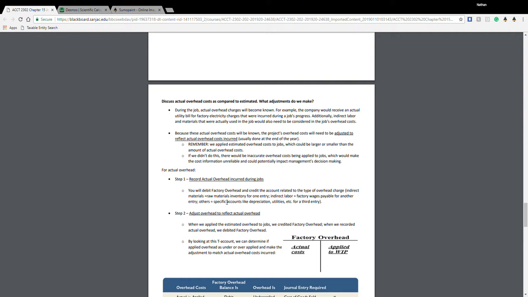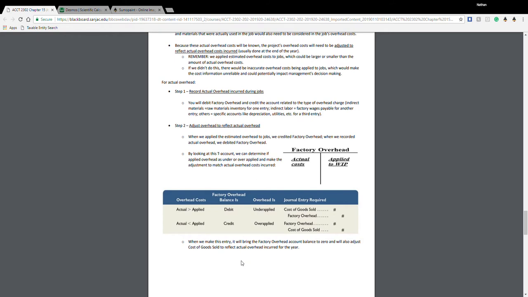Step 2 is we're going to actually adjust overhead to reflect actual overhead. So when we do this, we apply the estimated overhead to the jobs, we credit the factory overhead like stated before, and then we record actual overhead by debiting. So when we actually have this, one is going to be greater than the other. We're going to take the difference and make that journal entry as required. If our debits, so our actual cost, end up being greater than our applied, then